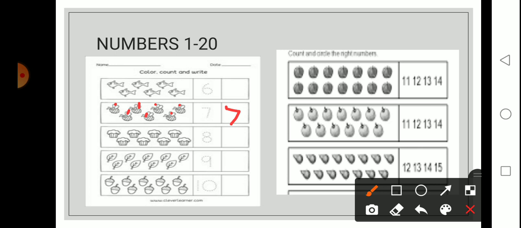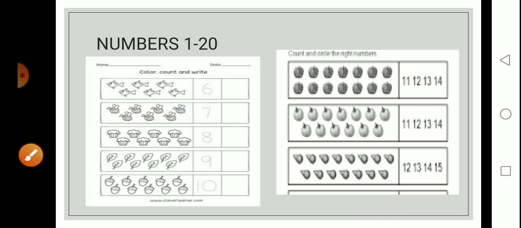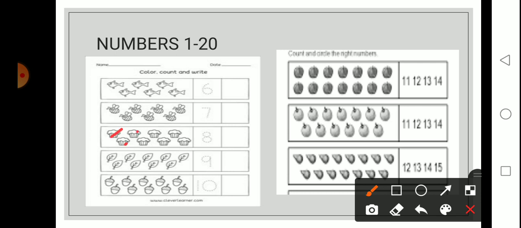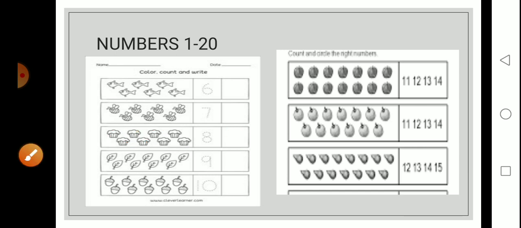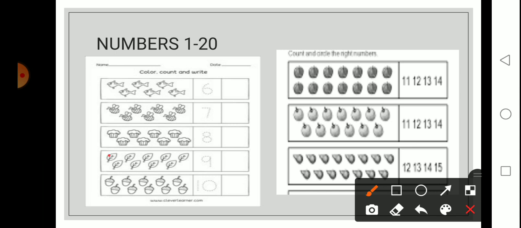Now let's count the cupcakes. 1, 2, 3, 4, 5, 6, 7, 8. So how many cupcakes are there? 8. Now let's count the leaves. 1, 2, 3, 4, 5, 6, 7, 8, 9. So there are 9 leaves.